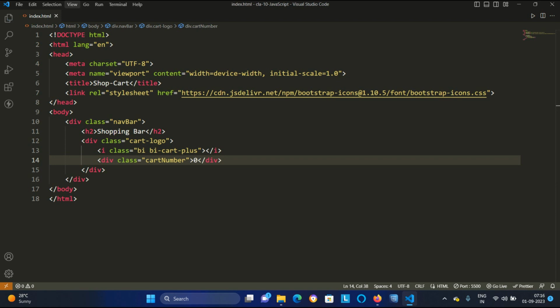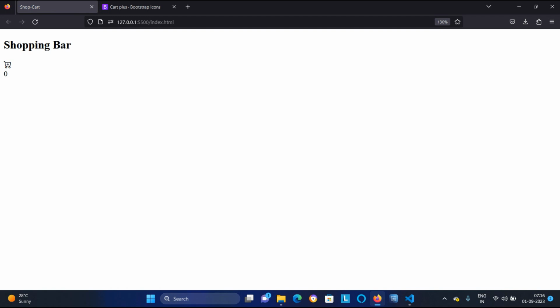Control S it, Alt Tab, go back. Here you can see the shopping bar, my cart icon, and this 0, the cart number, is coming. So this is the HTML we have created.